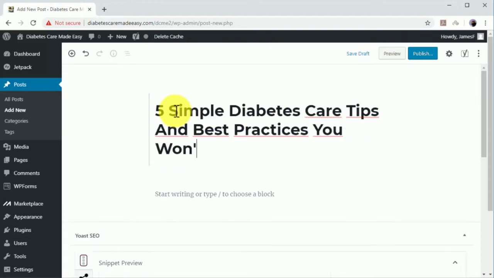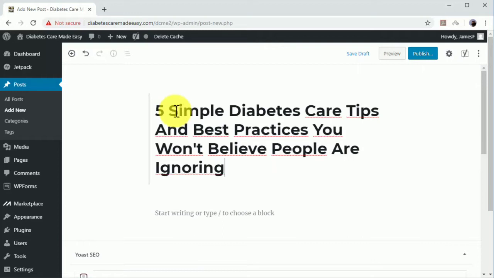Number 2, you have to add a long tail keyword that includes a high volume search term. With this trick, you can rank your post on top of searches that target the keywords you include. It also helps users to identify your post in the results.